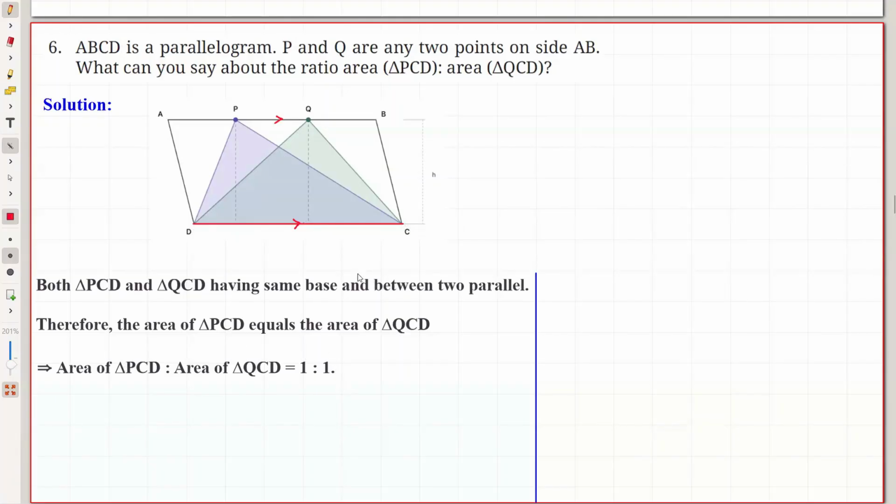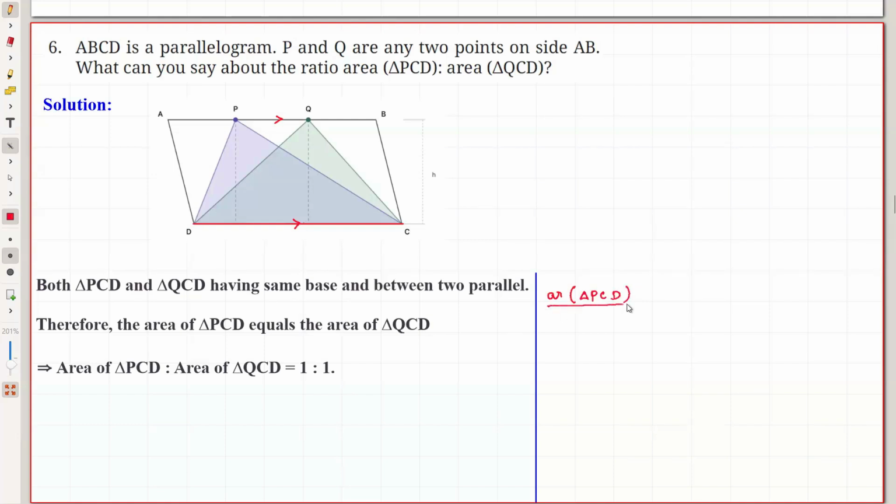Another way, if you want to prove this 1:1 ratio: both are having the same base and lie between two parallel lines. That means the height will be equal for both the triangles. So now we can find the area of the triangle BCD. They are asking the ratio, so I'm writing area of the triangle BCD